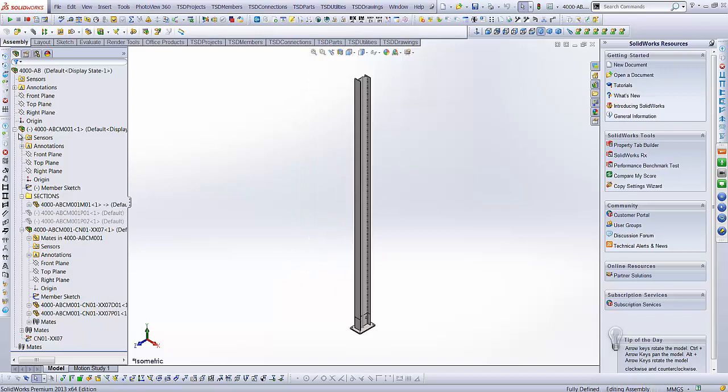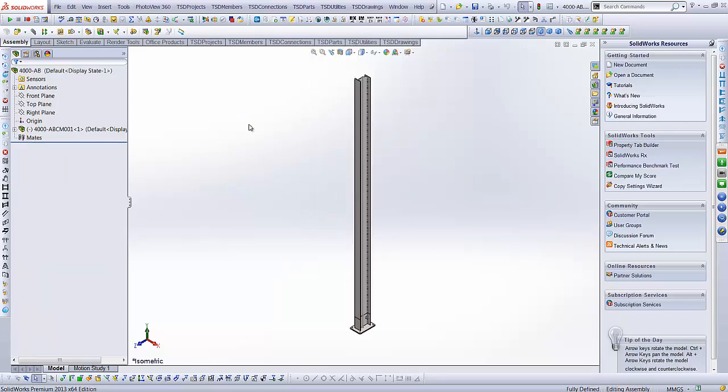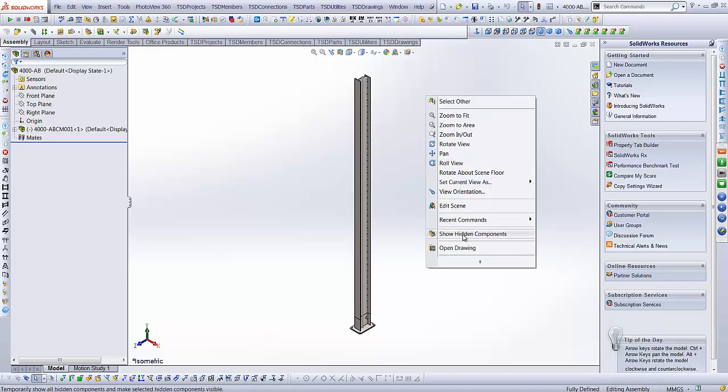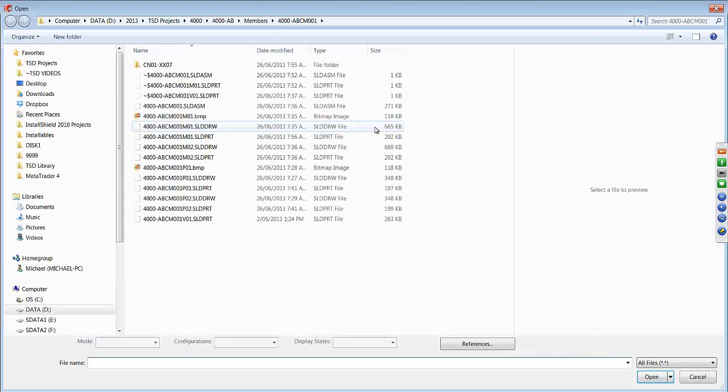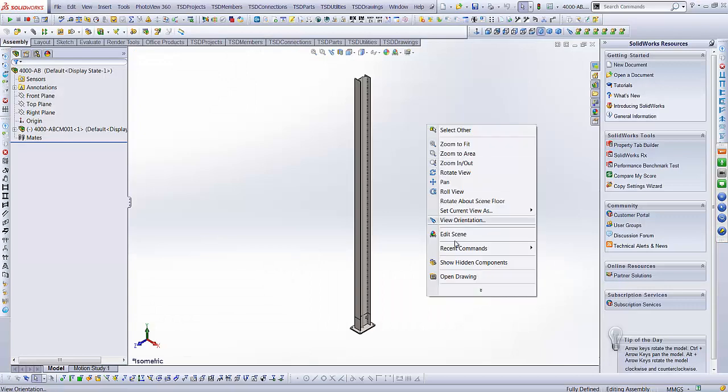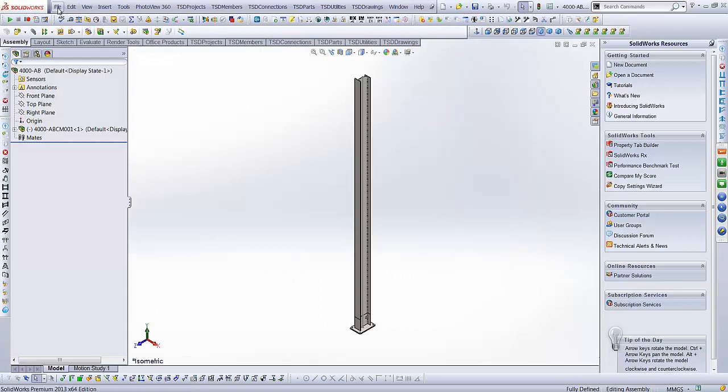So now we've created ourselves a member, and we're running out of time here. Looks like we've got about 4 minutes. What I want to do is show you how to quickly upload a member to the member library. If I open a drawing, there's no drawing for this thing, so I just want to go File,